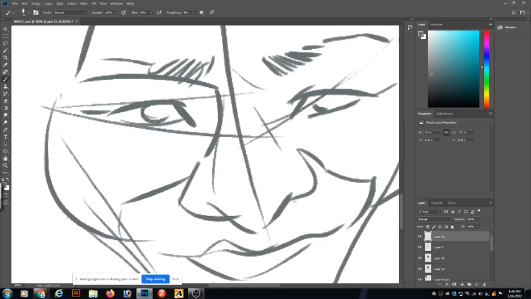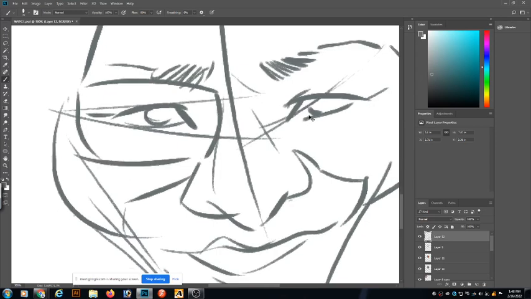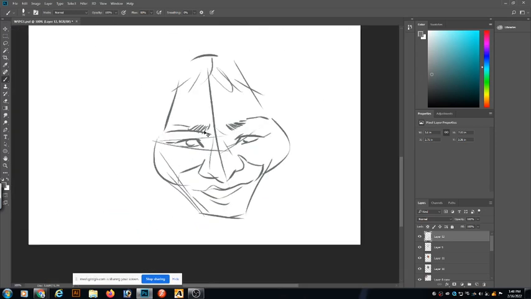Now from here, for example like this one, I will exaggerate a little bit further. From these techniques, we are going to develop it bigger on those glasses, maybe the ears a bit later on.